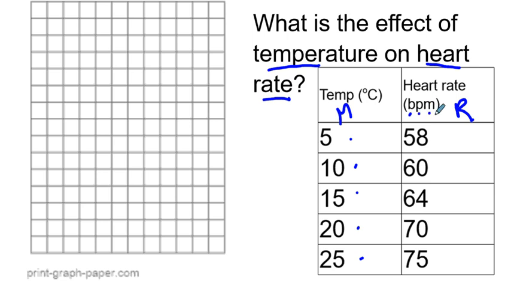A few things are super important when it comes to graphing. One of those is that we need to correctly label our x and y axis. So the x-axis, that's the horizontal axis on the graph. So I'm just going to draw a little x here. And then the vertical side of the graph is my y-axis. So remember, the manipulated variable goes on our x-axis. So I'm going to label